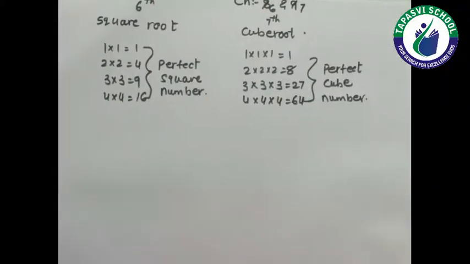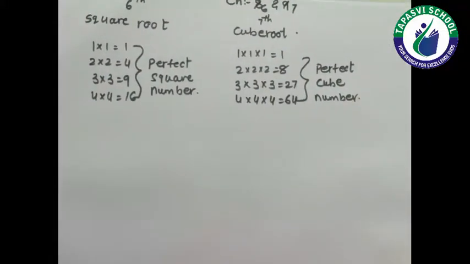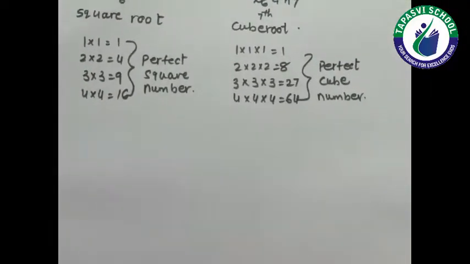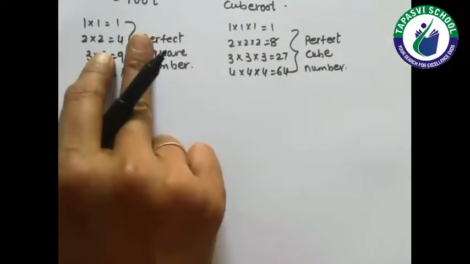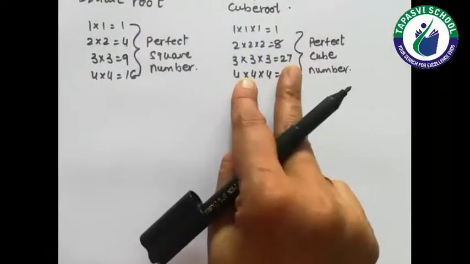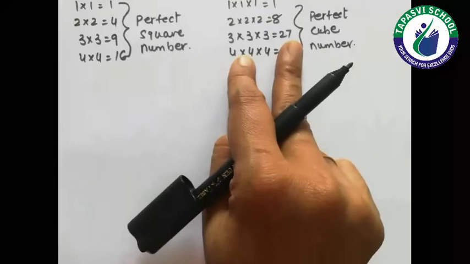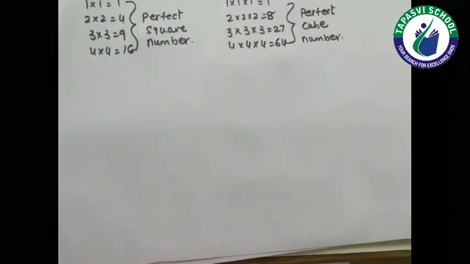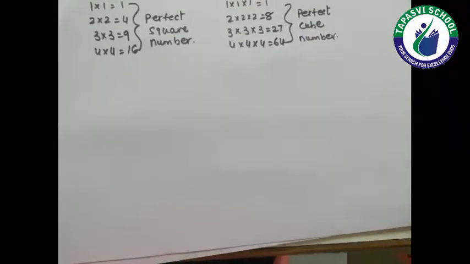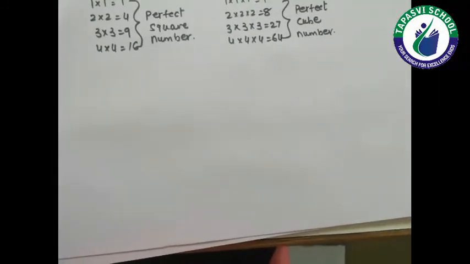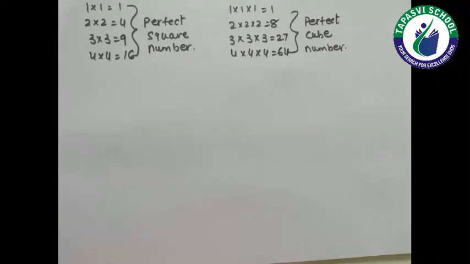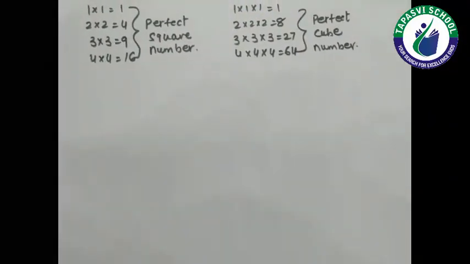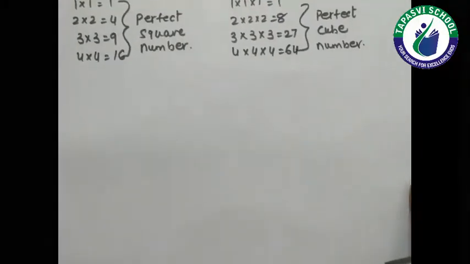So in this way, students, we will take the concept of square root and cube root together. Two times multiplication of the same number, that is square root. Three times multiplication of the same number, that is cube root. So here we are taking a few sums of square root and a few sums of cube root. Remaining all sums are of the same method so that you can solve them. So here we are taking some important methods of both the chapters.